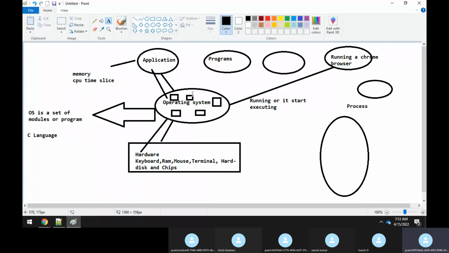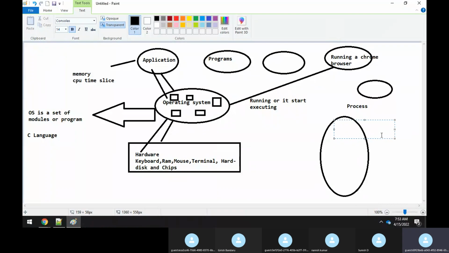Now, who creates this process? Within the operating system, there is a process management module. That process management module will create a process. Whenever any application has to get executed, within the operating system, the process management will make sure it creates a process. Each and every process will have some kind of subsystem within it. Some of you might have known it, or read it.